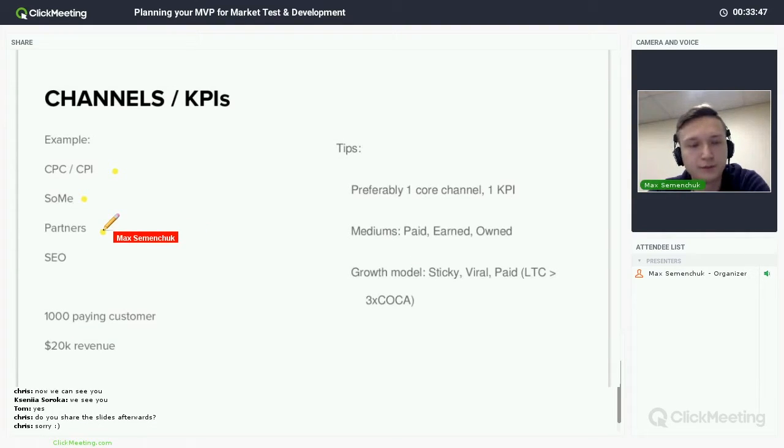Would you rely on a big scale partner? So for example, you get a big corporation as a partner and you can profit on top of them and use their customer groups. Would it be search engine? So you want to stick with one or maybe 2 models. And then you say, okay, we need to get, say, 1,000 paying customers in 3 months, or we want to get this amount of revenue.